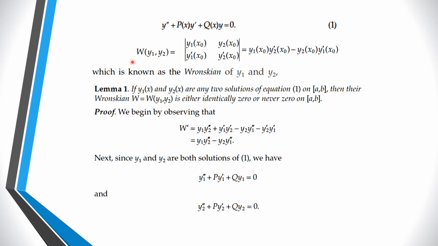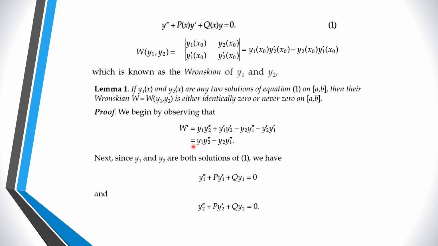We can find the derivative of this with respect to x. So the Wronskian prime, meaning dW by dx, will be what? y1 as it is into the derivative of y2, so it will become y2 double prime, plus y2 prime as it is and the derivative of y1. Similarly, take the derivative of the other term: it will be minus y2 y1 double prime minus y2 prime y1 prime. So you see, these two terms cancel out and you are left with the first and third terms. So it will be y1 y2 double prime minus y2 y1 double prime, right?